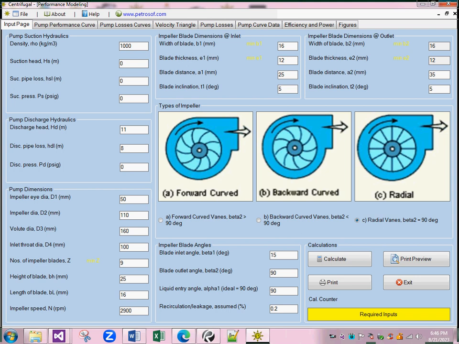Any of these options can be selected from the option buttons below each figure. As you can see, by simply clicking on the option, you can select the required type of the pump impeller blade. Once all the information is provided in the input section, then simply by pressing the calculate button